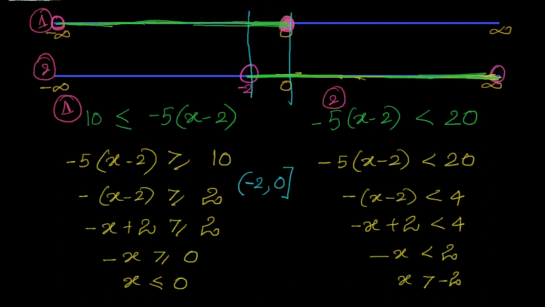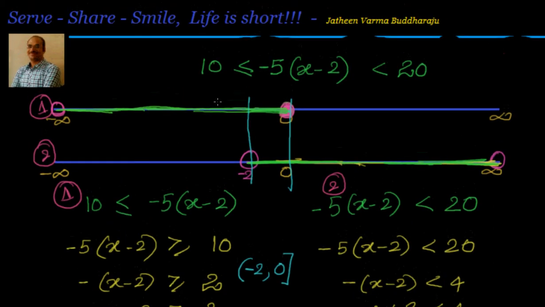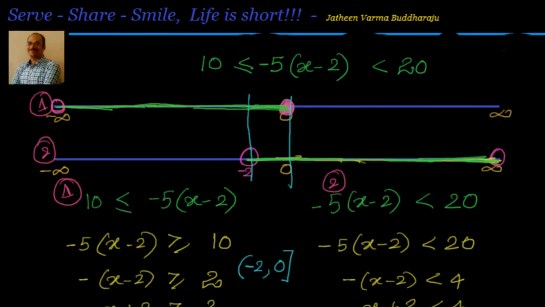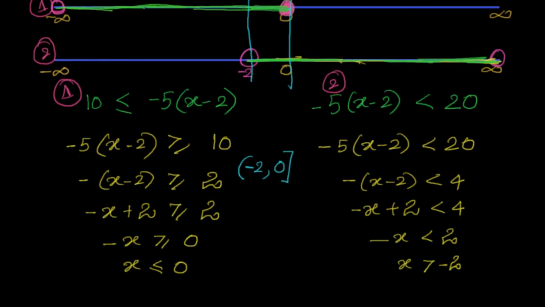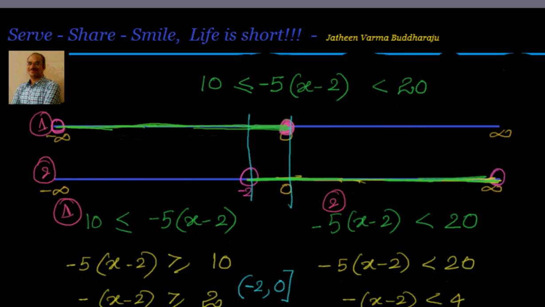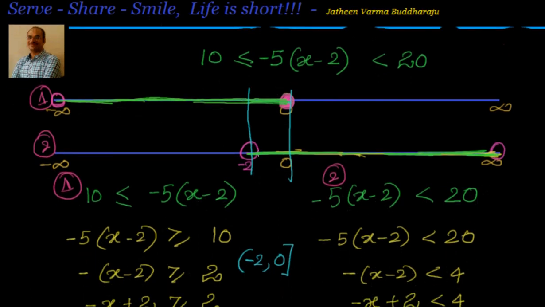How have we done that? Given to us in the form of a less than or equal to x less than or equal to b, or a less than or equal to bx + c less than or equal to d, we have divided that into 2 linear inequations. We have solved both of them, and we found that there is a common window or a solution set which is common to both of them. That is, all the values starting from -2 excluding -2 and moving towards 0 including 0.